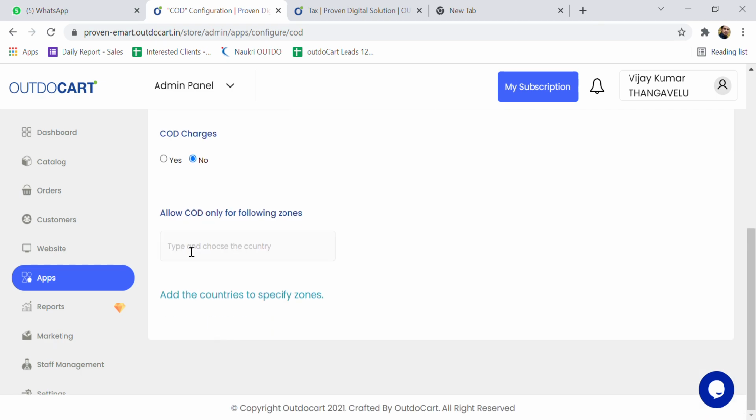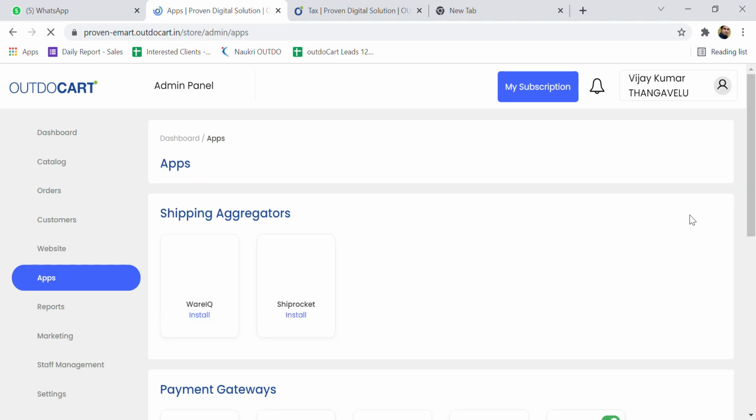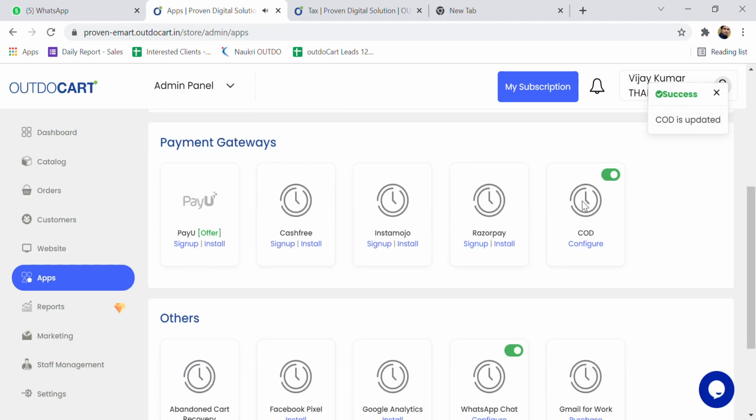You can also choose the type and the countries, the zones you want to add, and start creating. Once everything is set up, it is as simple as that. When you save, your COD option will automatically get activated. Similarly, if you don't know how to create your payment gateway account and go through the process,